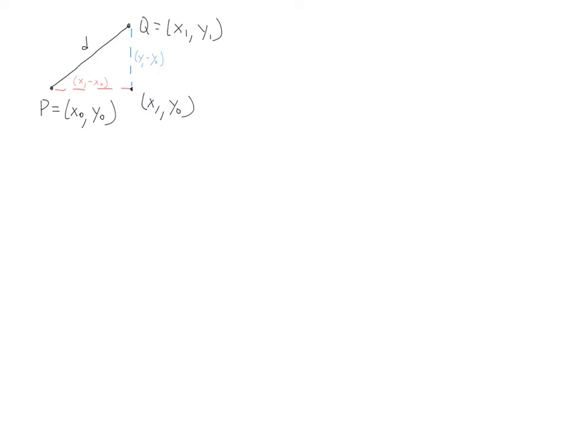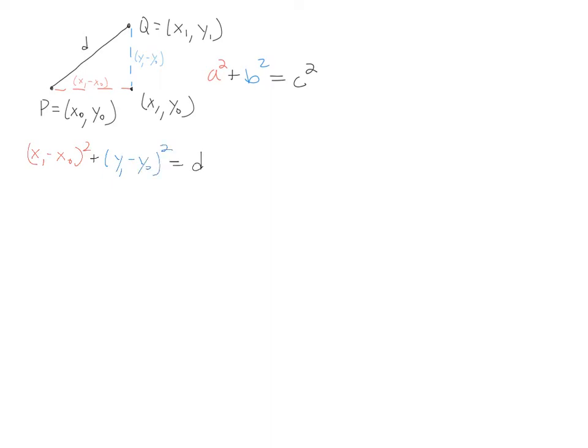And so now Pythagorean theorem says that if we have a right triangle, a squared plus b squared equals c squared, where now a denotes the distance x1 minus x0, so x1 minus x0 squared plus b squared, which is y1 minus y0 squared,